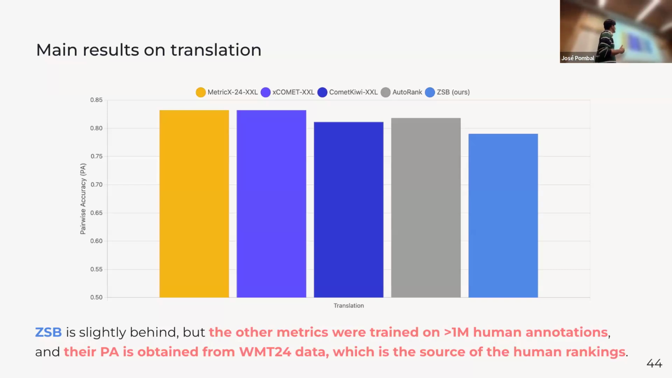And in any case, ZSV at the far right here with the blue bar again comes quite close in terms of pairwise accuracy. Maybe up to 5 points behind, which is a bit of a gap. It's a measurable gap, but it shows you how far you can get with a very naive approach of just,